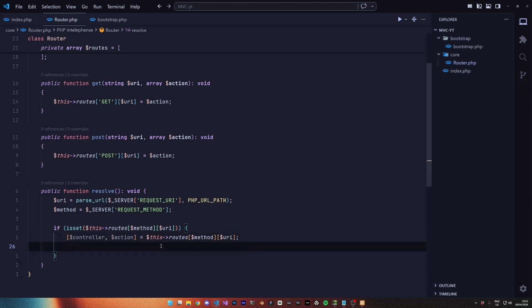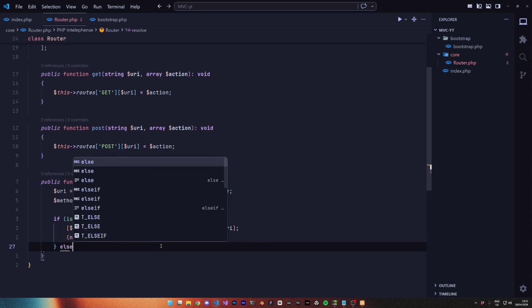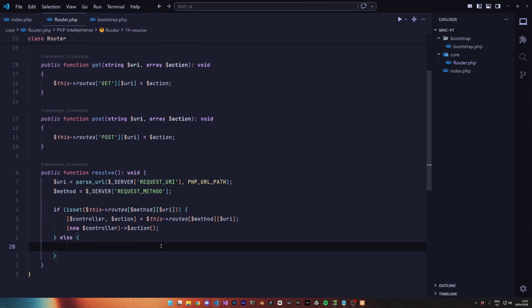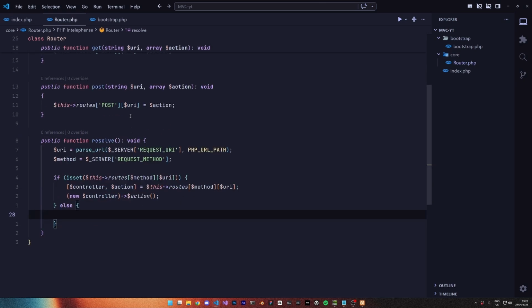With that, we can now actually create that new controller class and call the action on it. Else, if the root requested doesn't actually exist within our roots array, we want to show a 404 page. A 404 status code pretty much means that something wasn't found. You might have seen this before if you tried to access something online and it just returns with a 404